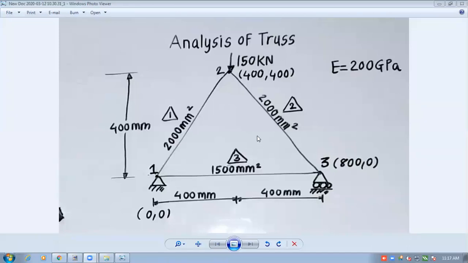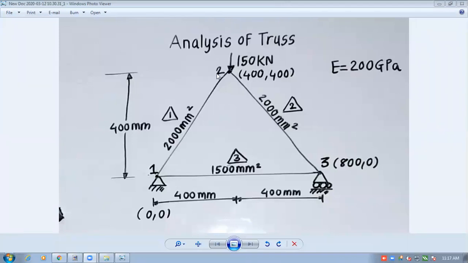So now what you have done: initially you have formed the elements, and you have numbered the nodes. The next step will be to assign the coordinates to every node, because these coordinates will be very useful when you form the nodes. For a reference, we need to assume any one node as a reference node. So we'll assume node 1 as the reference node by putting its coordinate at 0, 0.